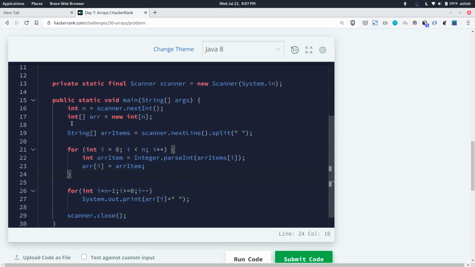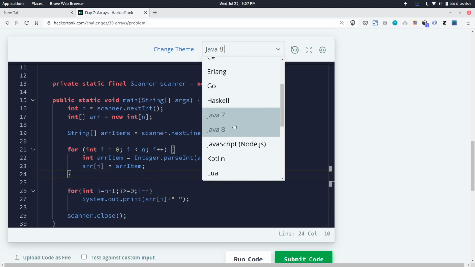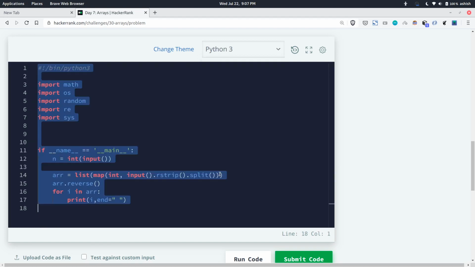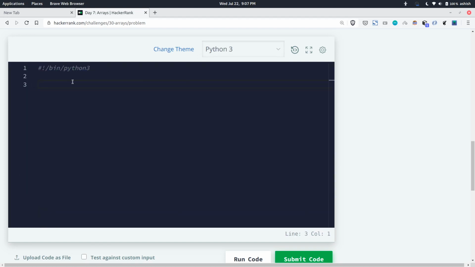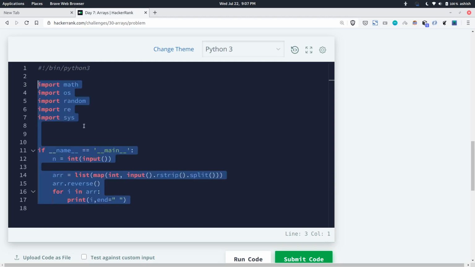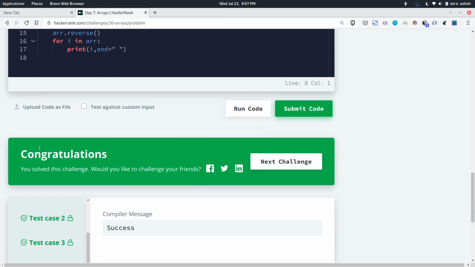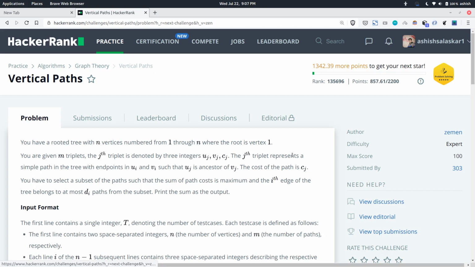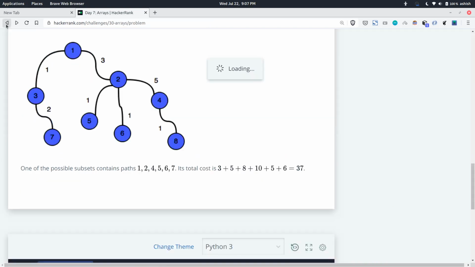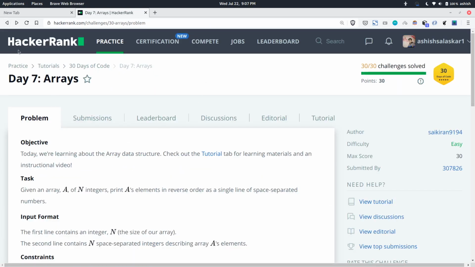So if you're familiar with Java, you can write this easily. Depends on your language. If you have Python, for example, you can write your code from scratch directly from here. You don't need to depend on what code they have written. Okay, so this is a feature which HackerRank provides you. So it is trying to help you here. As you can see, it gives a congratulations message, and you can go for the next challenge. Similarly, you can go for many other challenges here. The concept remains the same, only the questions change.